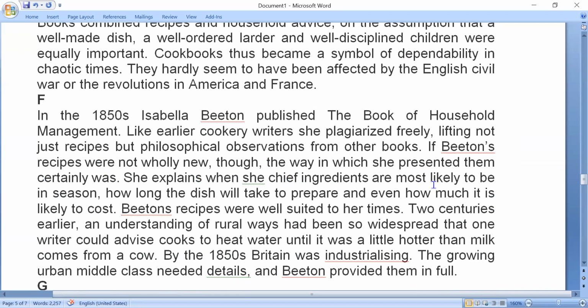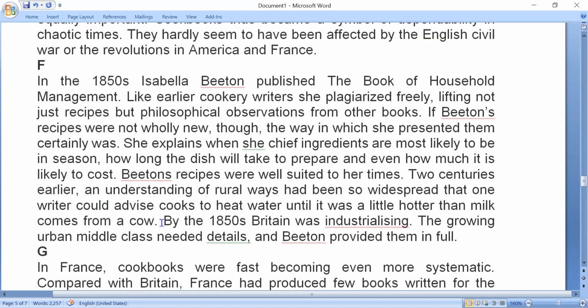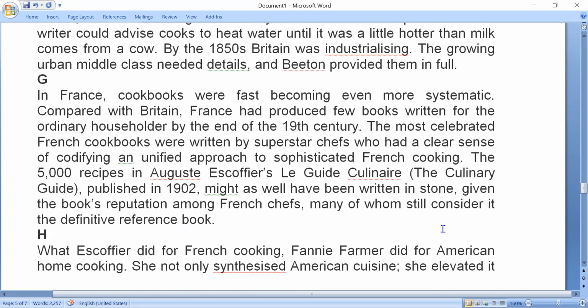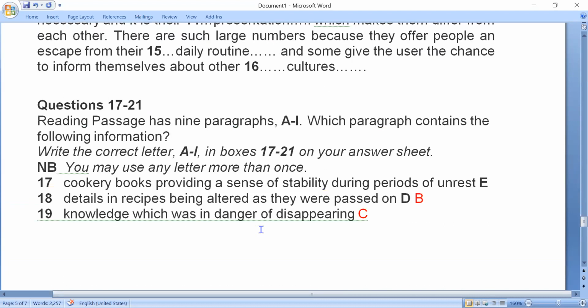She explained the food season, how long the dish would take to prepare, and even how much it is going to cost. Well suited to hard times, 2 centuries earlier, an understanding of rural ways had been represented to one writer. That one writer could advise cooks to heat water until it was a little hot, then milk comes by cow. By the 1850s, Britain was industrializing. The growing urban middle class needed details. Boston provided them in full. They needed details and